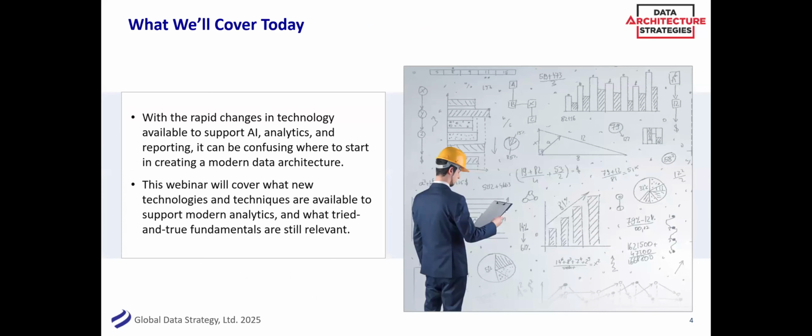But let's dive into this topic, which is data architecture, and particularly data architecture for analytics and reporting. And Shiraz mentioned a little bit of that already. There's a lot to data analytics and reporting now. Your good old BI and traditional reporting. There's AI. There's advanced analytics, et cetera, et cetera. So as a data architect, we need to think what's changed, what stayed the same. It can get very confusing and overwhelming. And so what we try to do in these webinars is maybe demystify some of the topics and maybe give some ideas of where to start.